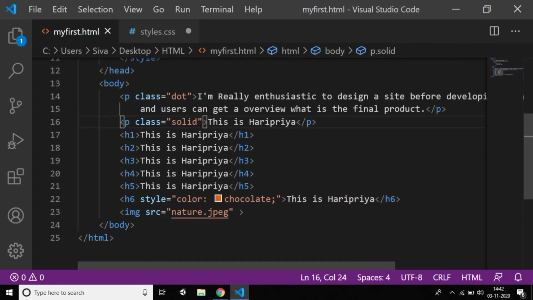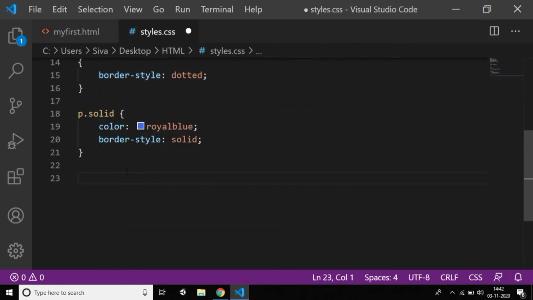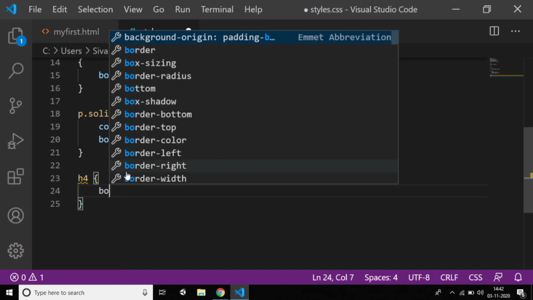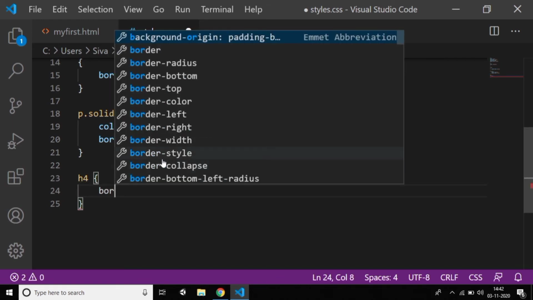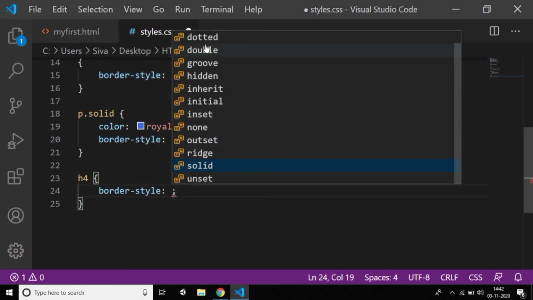I'll apply it to an H4. Just give the H4 tag and the border style. You can see dotted, double, groove, hidden, and many more like ridge, inset, outset, and none also. None means no border.